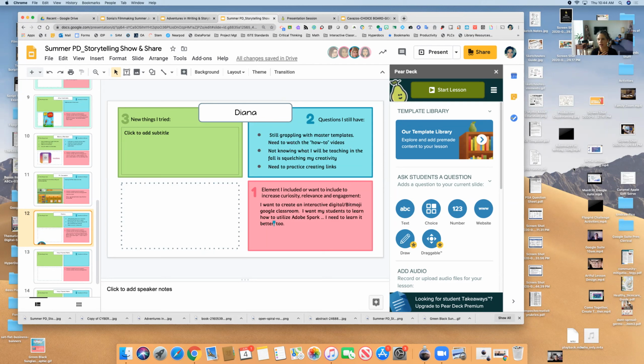The way I learned how to use the masters is I grabbed one already done. I made a copy for myself. I went to edit the masters, and I just played around with them, and then I would go see what it did on the front end. So just take the time, like you said, to dig in a little bit more and practice. Okay, sounds good. Awesome. Well, thank you.